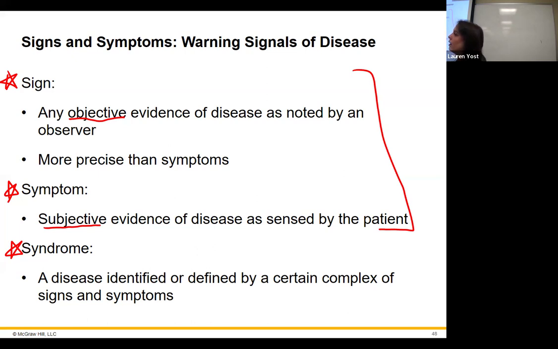It can be caused by Streptococcus pneumoniae, most common. It can be caused by Neisseria meningitidis. It can be caused by Haemophilus influenzae. If you've ever heard of the Hib vaccine, that's that one, Haemophilus influenzae. It's more concerning for elderly patients. And then Listeria monocytogenes. That's another one. It's a foodborne disease.